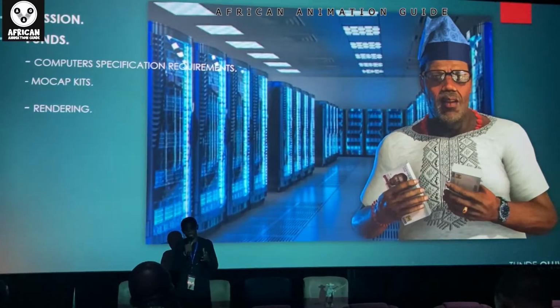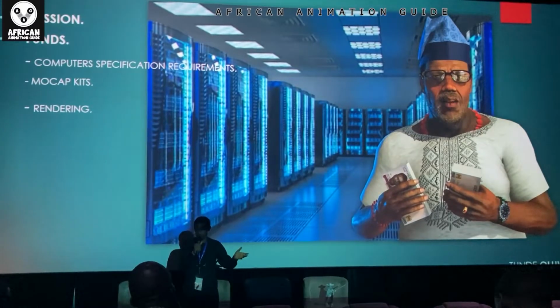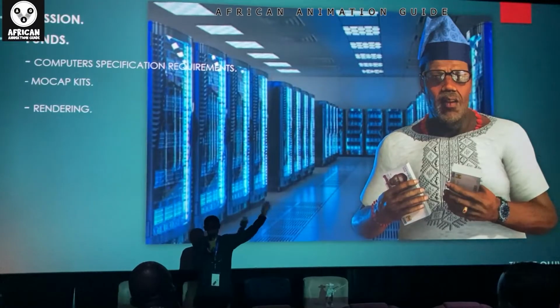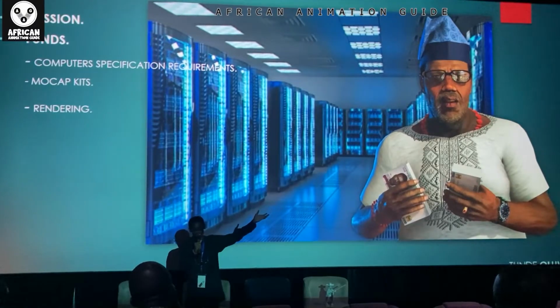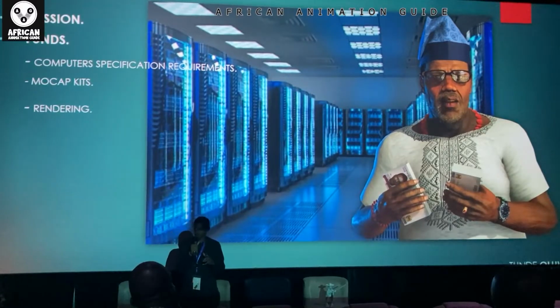So what we do basically is we package our finished job and send it to a render firm, which costs money. A render firm is a facility built with servers, and all they do there is rendering. You send your job to them, and it's like taking our crude oil to be refined and then sending us PMS and petroleum products back. So that's what we do with a render firm. With that as well, you pay money.